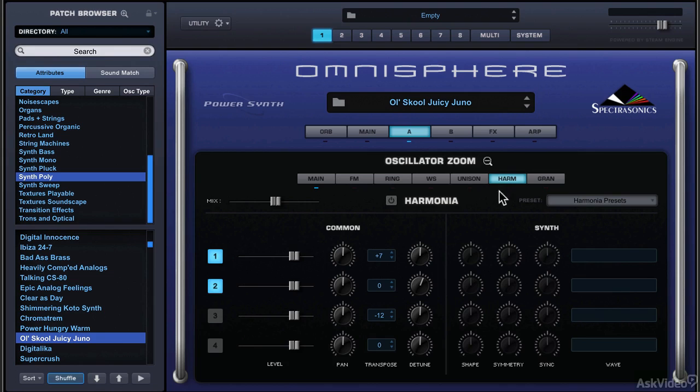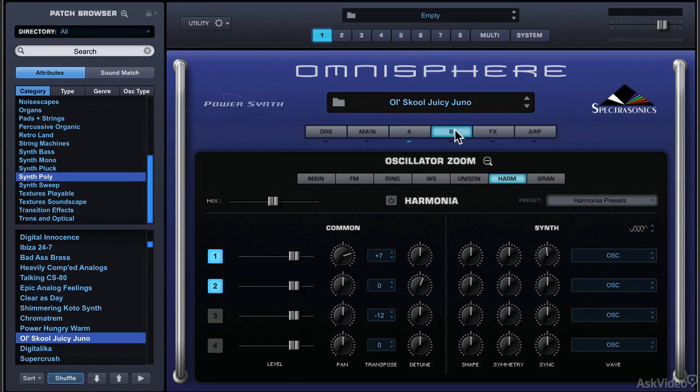So I'll open up Harmonia and I'll play a few notes right now. Nice single notes. If I enable Harmonia on a sample layer, so I've got a nice little fifth going on there because I've transposed it up 7 half steps. I can pan that to one side, or I can even detune one aspect of it if I want. Now this side, the synth side, you'll notice is closed off, and that's because I'm working on a sample-based oscillator